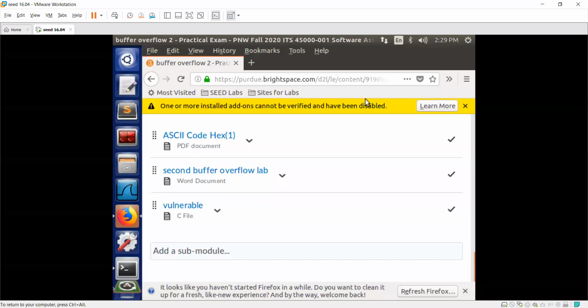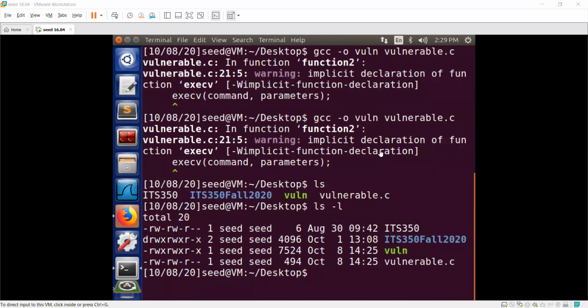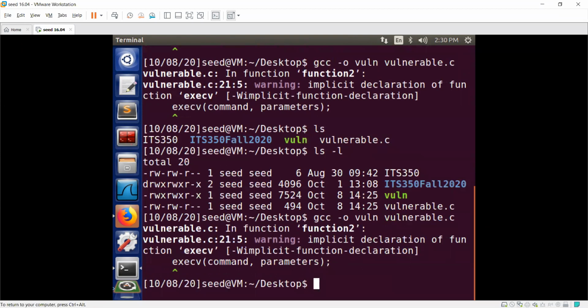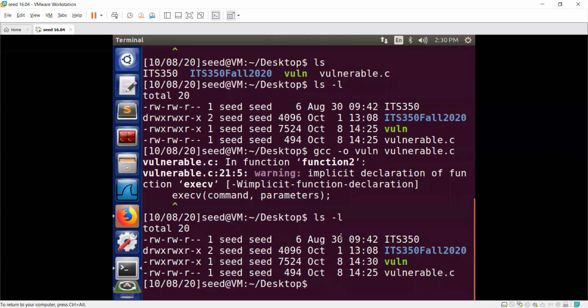code here. So let me share the VM. All right, so I've loaded that. Do you see my VM? Yes. Okay, great. So the program is called Vulnerable C. As you might imagine, you can see I already compiled it and already ran it. It'll give you a warning, but that's not an error, it's only a warning. And you can see there, it's executable there, vuln. So if I open it,